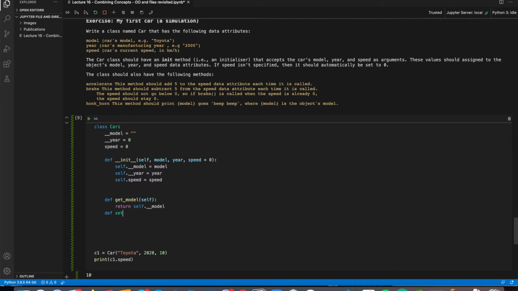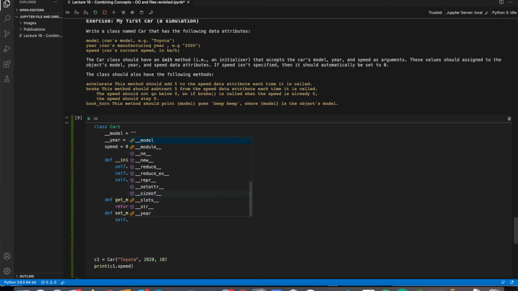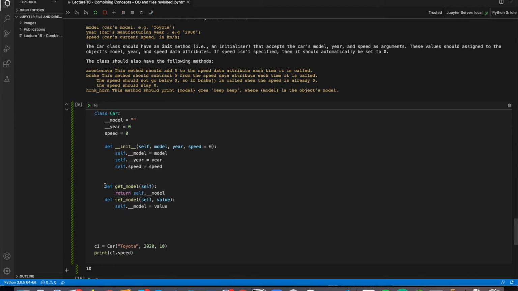So define set model. Pass in the self, and whatever value we're going to pass in, we're going to store it in self dot underscore underscore model. And pass in the value. I'll pass it through here, like so. And then we want a property to be able to access it easily,